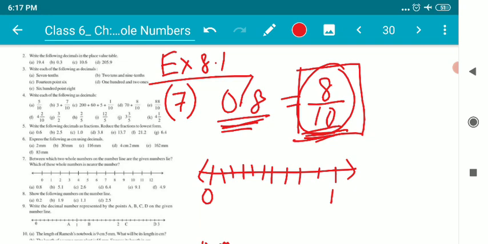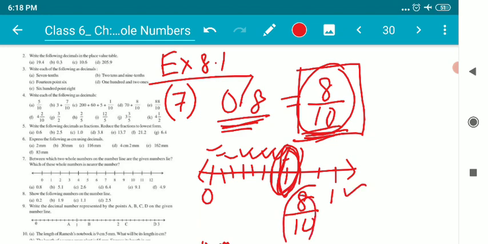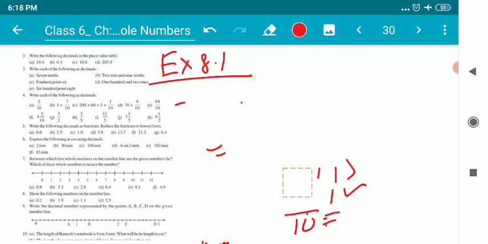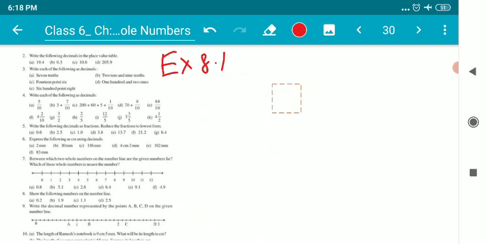Now children, the first part is 1 by 10, 2 by 10, 3 by 10, 4 by 10, 5 by 10, 6 by 10, 7 by 10, 8 by 10. This is 8 by 10. Okay, children. Now the question is, is 8 by 10 closer to 1 or closer to 0? Of course, it is quite understandable that 8 by 10 is nearer to 1. It is not nearer to 0. So this is how we have to answer such questions. There is no rocket science. Simply we have to express the numbers on the number line, and answer which number it is closer to, left hand side or right hand side.